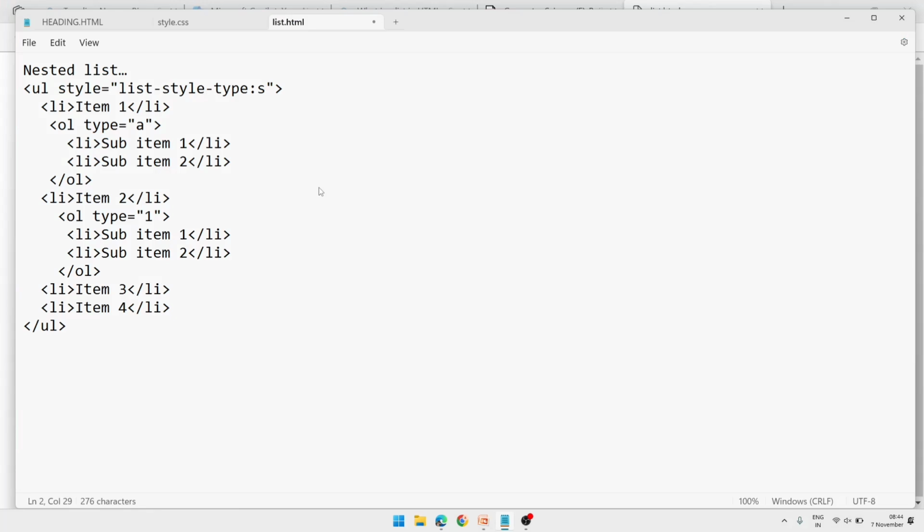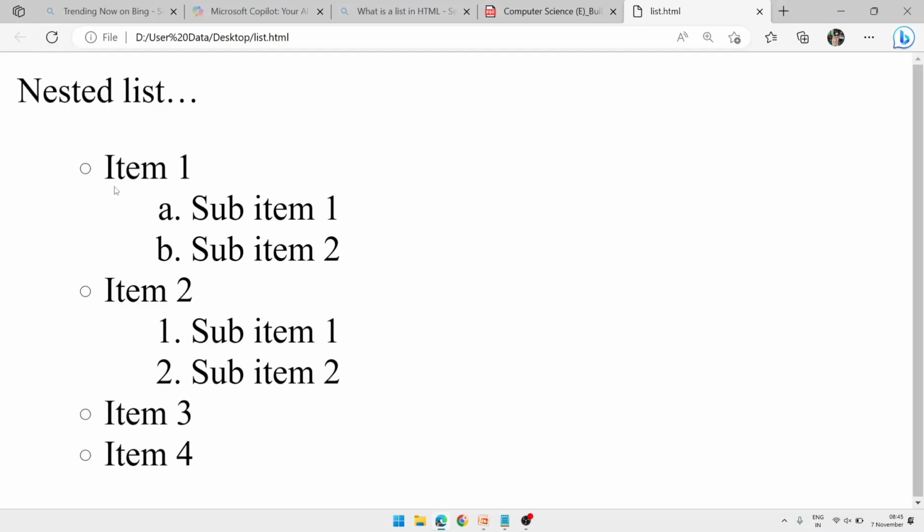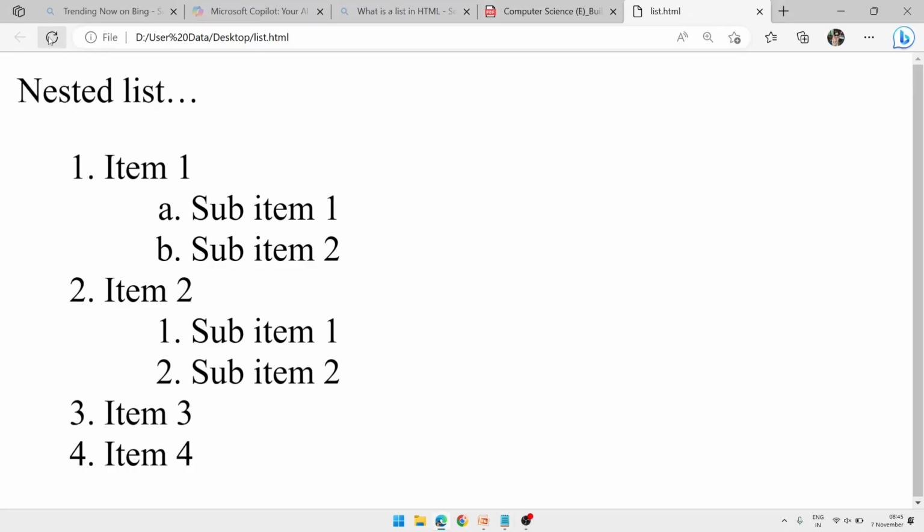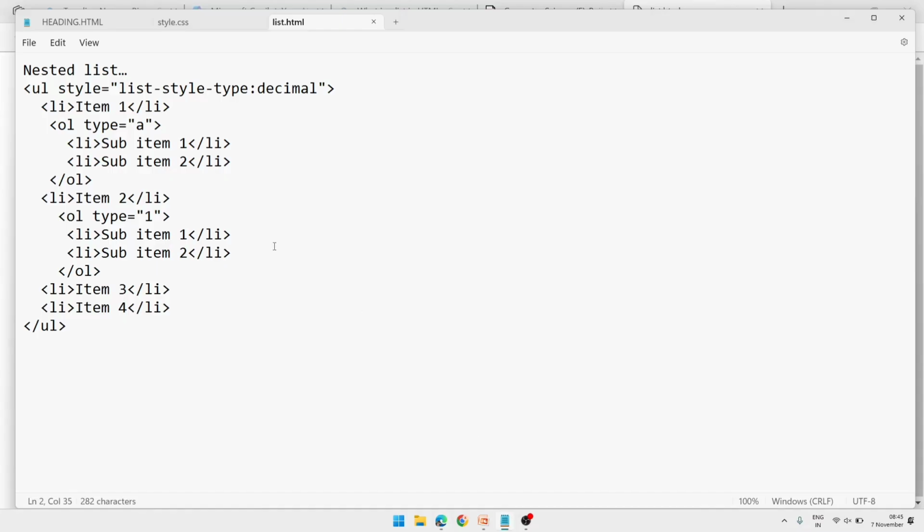Again, let's go there, and instead of square I am writing circle. Save and reload the page. Now it changes to a circle. Now, it is an unordered list, right? If I write decimal, what will happen? While I am writing, the circle changes to 1 2 3 4. So this way we can change the marker of a list. But remember, when you are using the UL tag, don't use decimal and so on, you use these 3 values only. Now I am at present writing square,